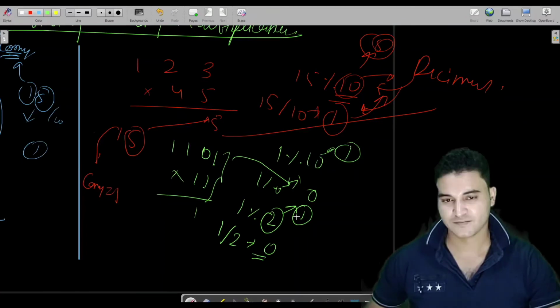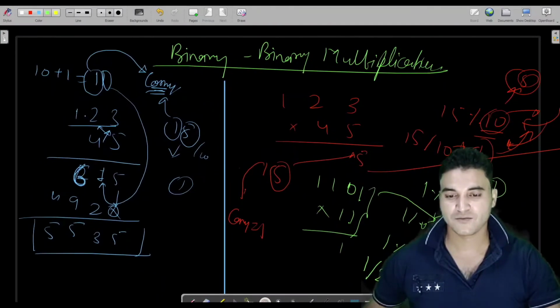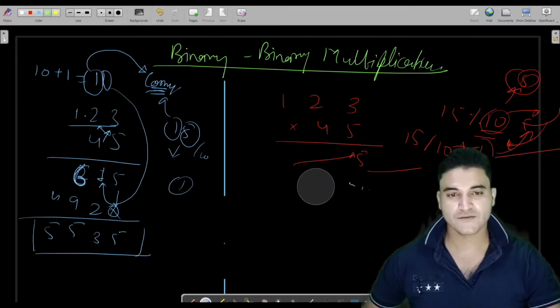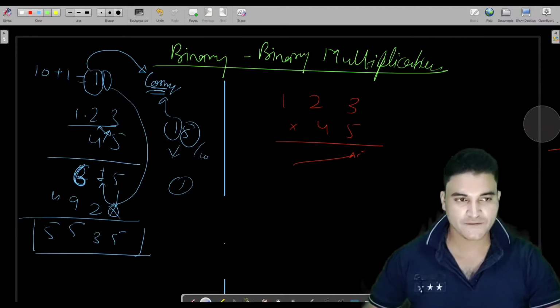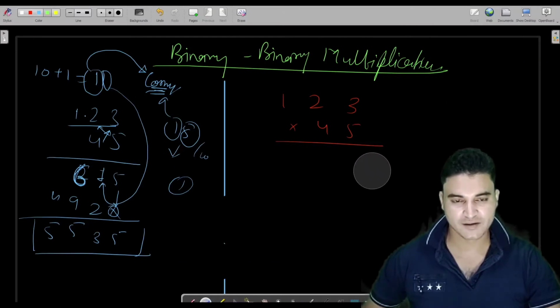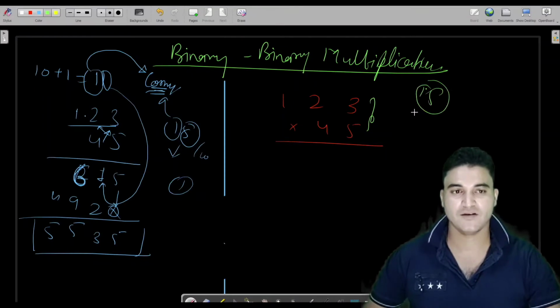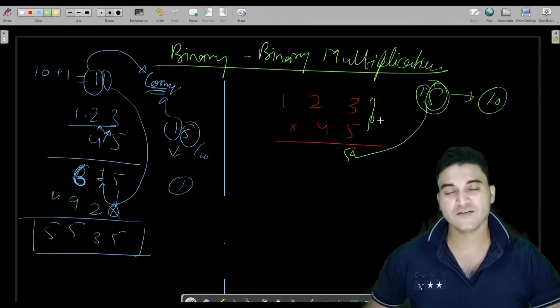Fine. Okay, so from here what we have learned is, if you are confused with this, then you should rewind the video to what I just explained. If you have to get the digit which you have to write at the unit place, let's say you have multiplied and got 15, so you have to write 5 here. To pick up this 5, you do not have to take the remainder of 15 with 10. You have to take the remainder with the base in which you are multiplying.